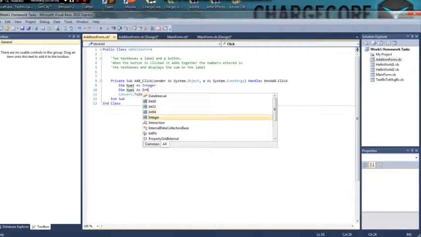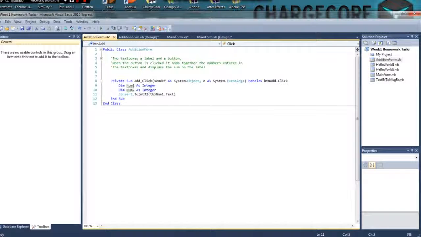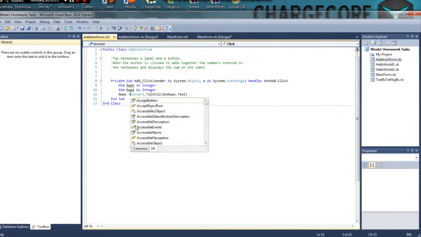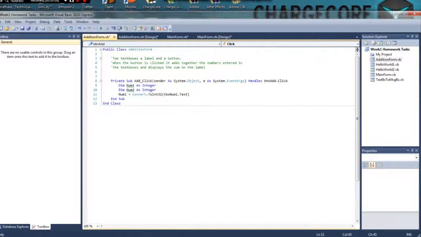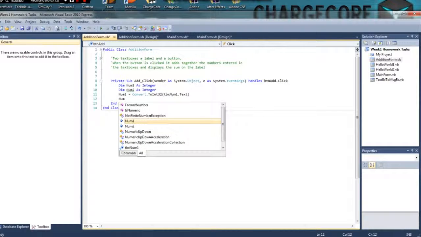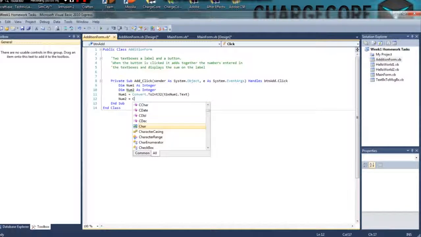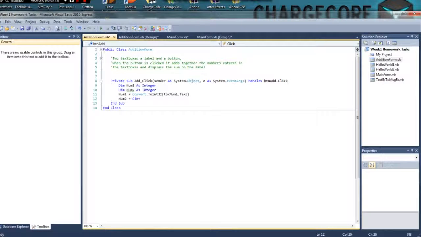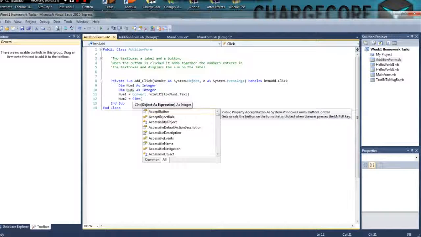I'm not sure exactly what, I think it would still work, but not 100% sure. Right, so num1 equals Convert.ToInt32, num2 equals Convert. So obviously we could use CInt to do it. In fact, I'll just use that on this one. They're slightly different in the way they work, but they do the same job